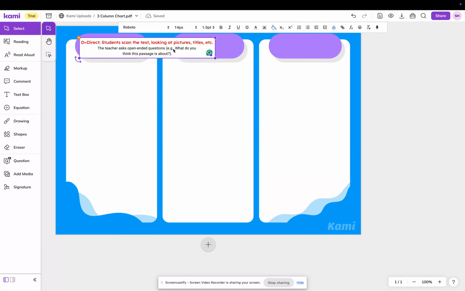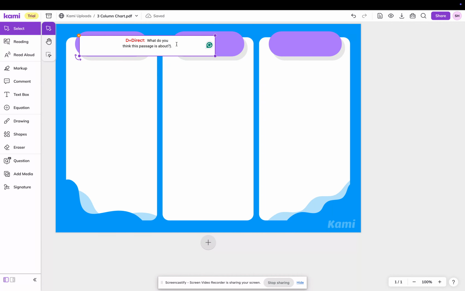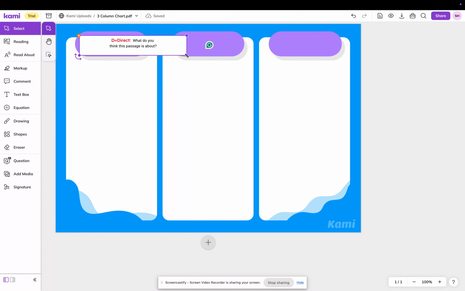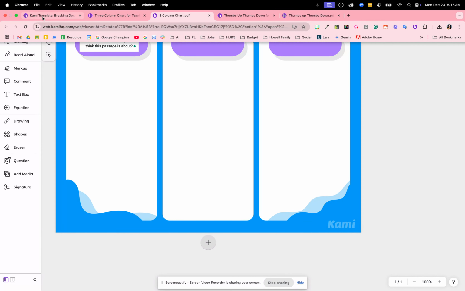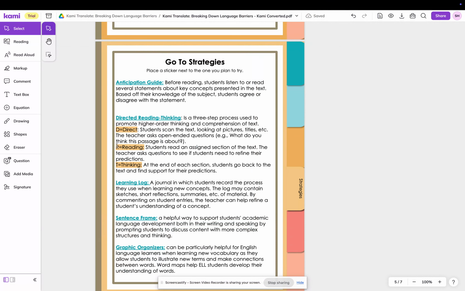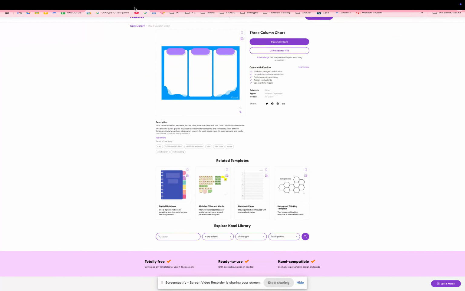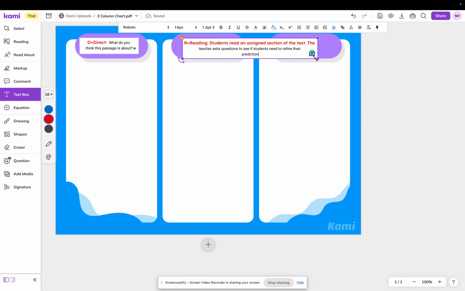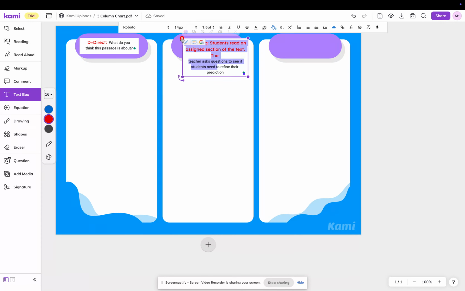And I can just say, okay, direct. What do you think this passage is going to be about? I'm going to give you some time to scan the article, scan the passage, think about what that passage is going to be about. Then we can go into the reading, where students are actually going to read the text. And then as they're reading, the teacher's going to ask questions to see if their predictions maybe change. So again, they're making a prediction here. They're thinking about what is it that I think the text is going to be about. Where now, again, I'm going to ask them, do you need to